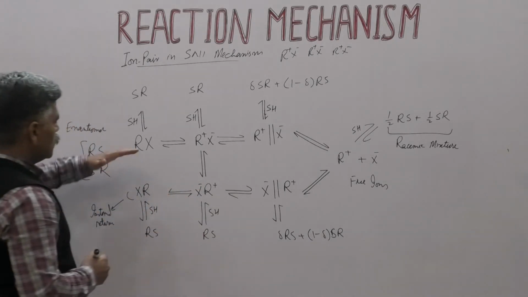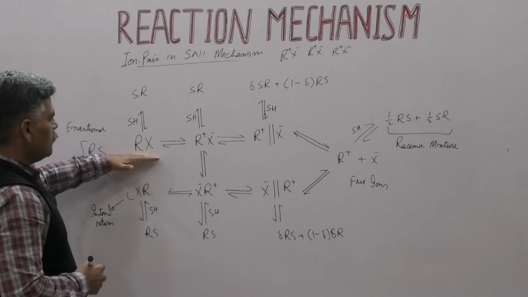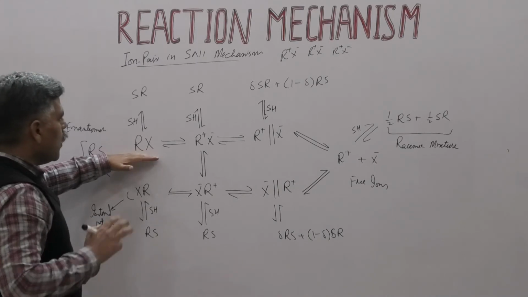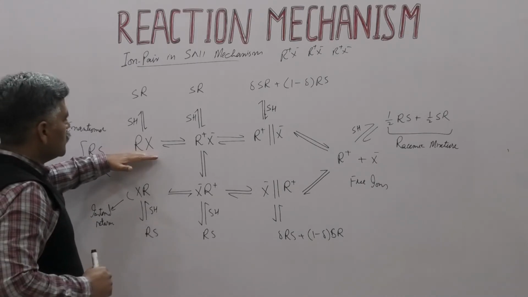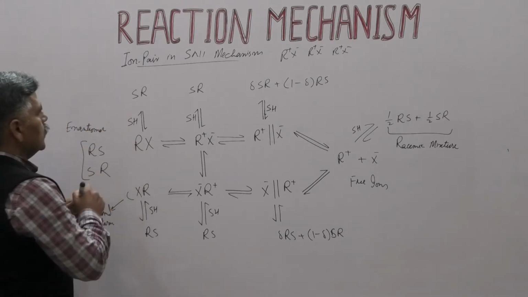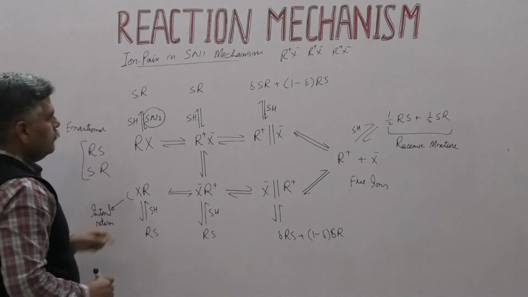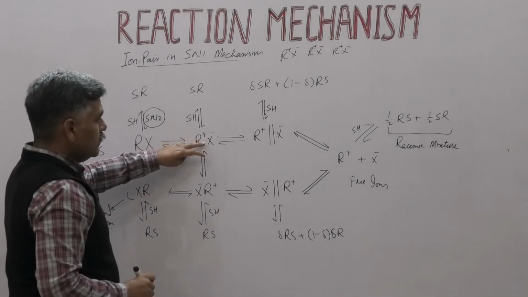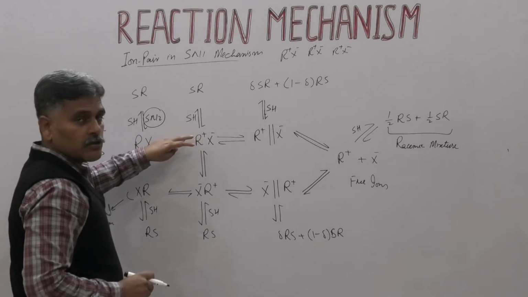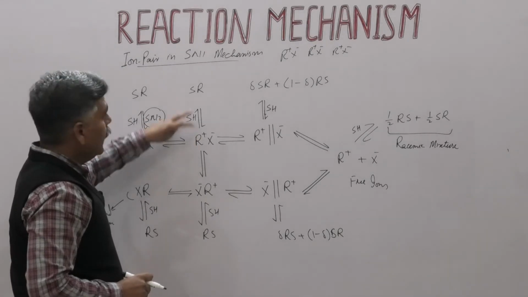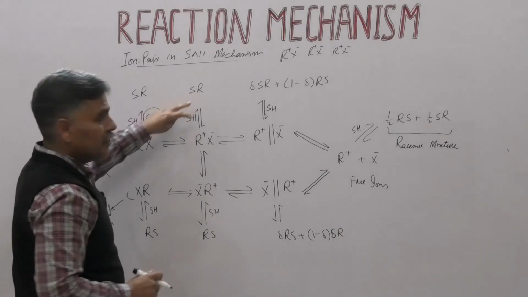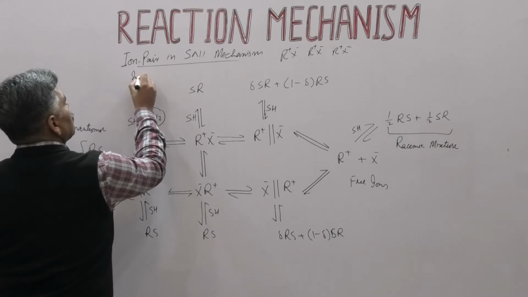So this is the first case when we have the substrate and at this stage no ions are formed. Then at this stage the incoming nucleophile approaches, this is purely SN2 mechanism. Intimate ion pair, still this carbocation is not free. So when this is not free, again we have inversion of configuration. This is also inversion of configuration.